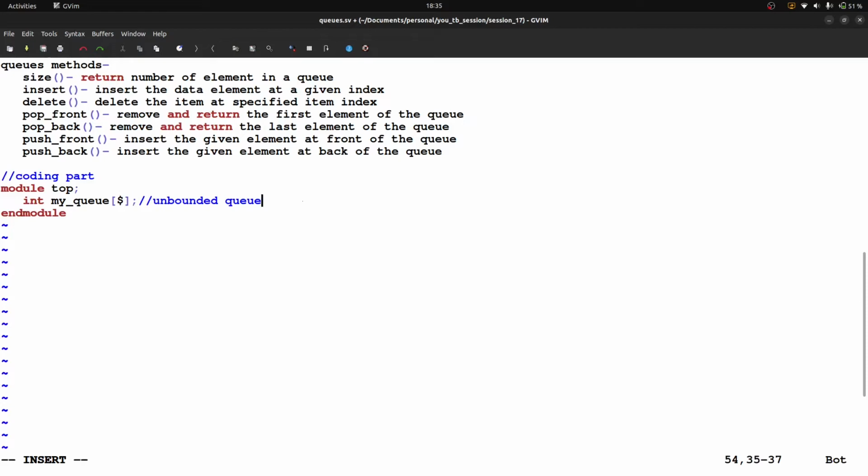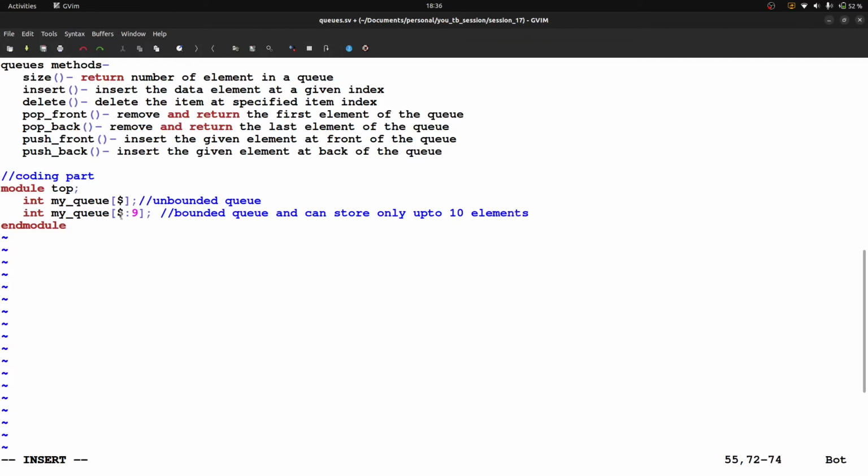Okay, the second point we need to discuss is, let's say I am writing int my_queue, and here I am writing [$:9]. So what does that mean? It is actually a bounded queue, and it can store only up to 10 elements.